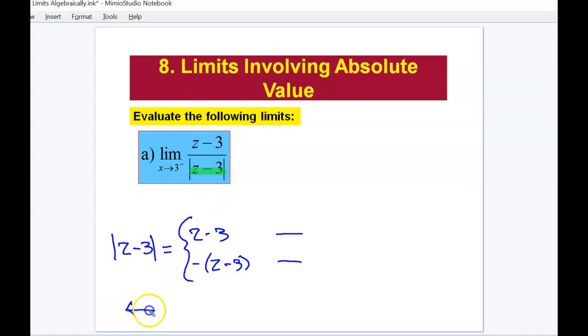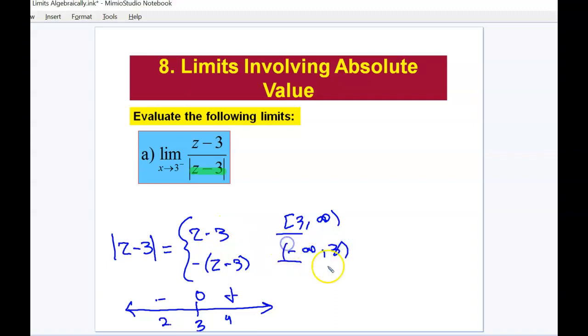So I know z minus 3, if I take that out of the absolute value sign, the 0 would be 3. If I take a number to the right of 3, like 4, it makes z minus 3 positive. 2 makes it negative. So if the number is greater than 3, so 3 to infinity, I'm going to use z minus 3. If it's negative infinity to 3, I'm going to use negative z minus 3. Well, I'm approaching 3 from the left, which is this side, so that is negative. So that means to get rid of the absolute value sign in this equation, I have to use the negative branch. So this is going to be the limit as x approaches 3 from the negative side